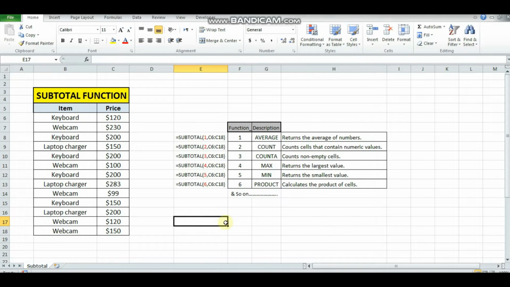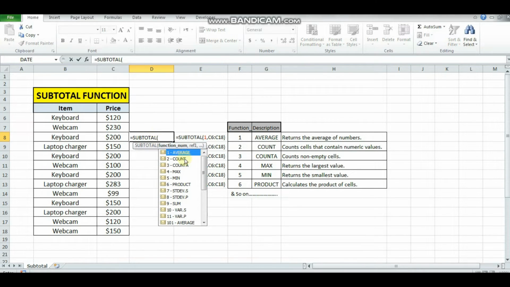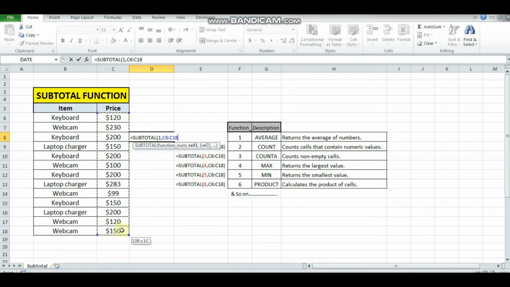As you see the data that we have, one table that consists of item and price columns, and we have to calculate these functions with the subtotal function. Simply type equals subtotal, select the required function number. For instance, we have to calculate the average of the price column, so type 1, comma, and select the price range, close the bracket